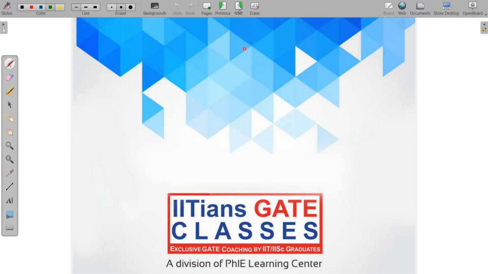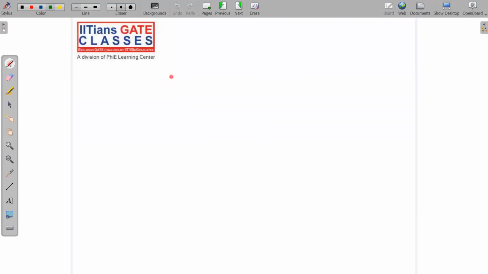So today we are going to start one of the most important and most basic topics of computer science, that is TOC. First of all, let me tell you about its weightage. This subject constitutes around 6 to 10 marks in your entire GATE CSE paper. So see the weightage. It has a huge weightage and hence I am calling it one of the most important topics for computer science.